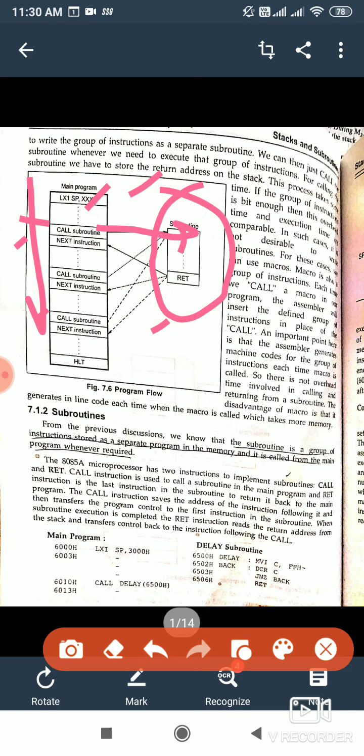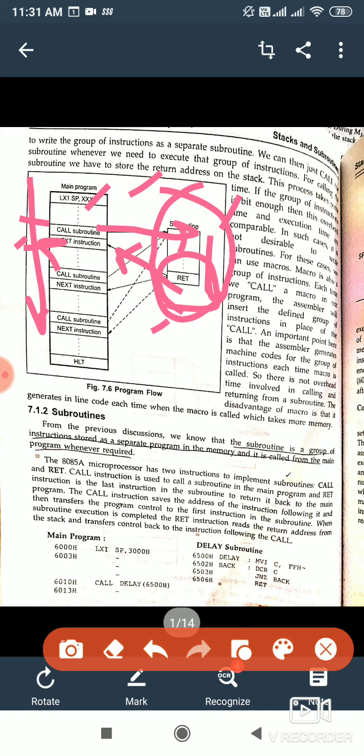After calling that subroutine, our program counter will be shifted to that subroutine. After shifting our program counter, it will execute this program, and there is an instruction to end this small program. The instruction is return, R-E-T. The return instruction will get back our program counter, and we will come to the next instruction, that is, after the call instruction. So we will move back towards our main program. From the main program, we can move to and fro from one subroutine to another subroutine, and come back to our main program as such.